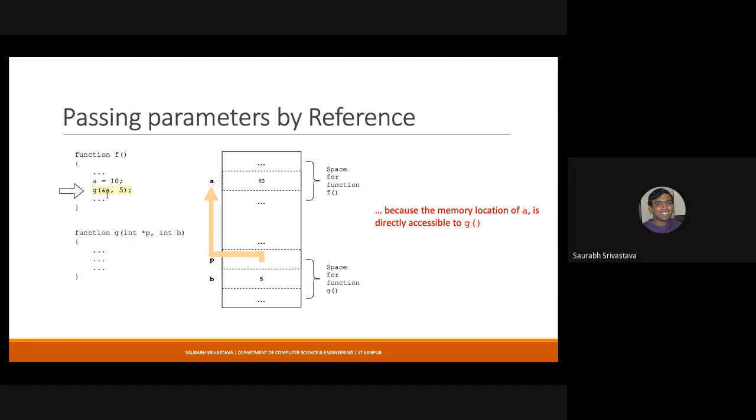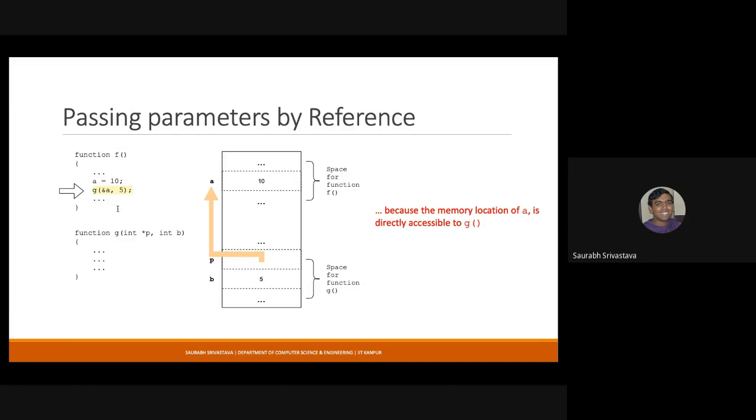Because f is calling g, the stack frame of g is going to sit on top of the stack frame of f. So you are guaranteed that all the variables in function f are going to be there in the memory when you call g. So this ampersand relationship works.